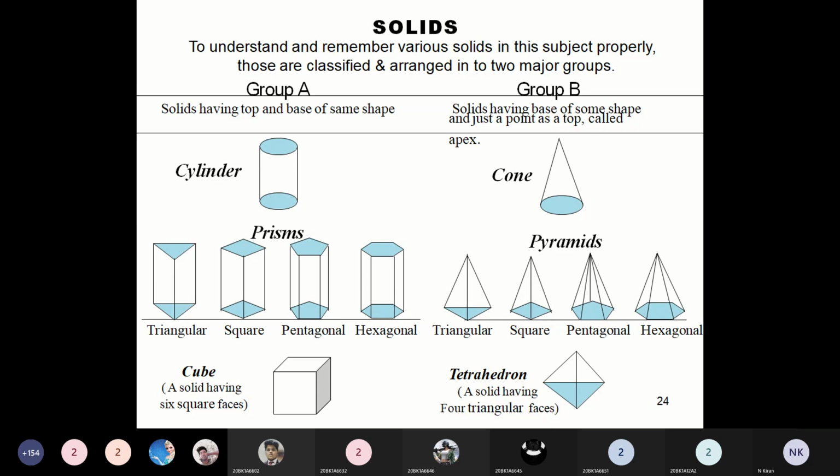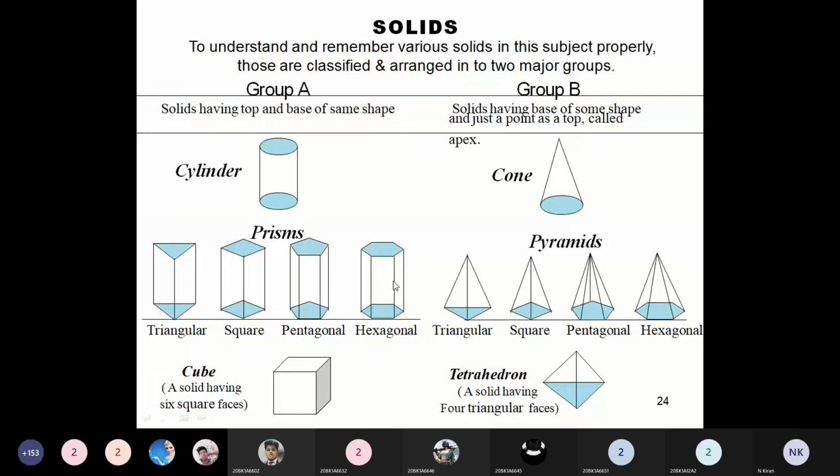Write it down. Resting on HP, and its height is... One more thing I want to tell you here. In the pyramid, if I am taking this pyramid, I want a side to draw the hexagon. Is it right? Yeah. And one more data I want: what is the height of the pyramid? The height of the pyramid may be 50 or 60. Like that I want the height of the pyramid also. That is one of the important things here. I want the side of the hexagon to draw the hexagon, and for the prism, what is the height of the prism.